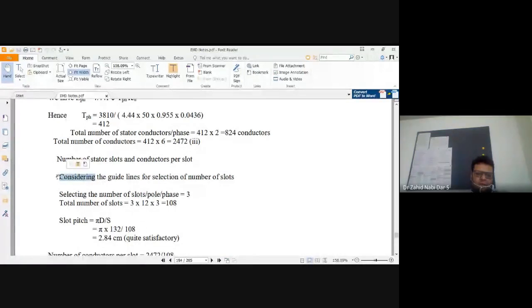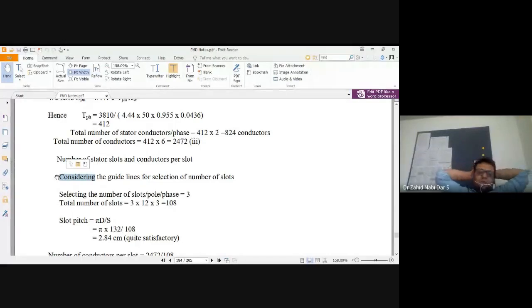Okay, so essentially what you do is, how do you select the number of slots? To select the number of slots, either it has to be given, the value of C, number of poles and phase will not change, slots can change, either it has to be given. If it is not given, then you have to take the number of slots more than 2, that is the next integer 3.